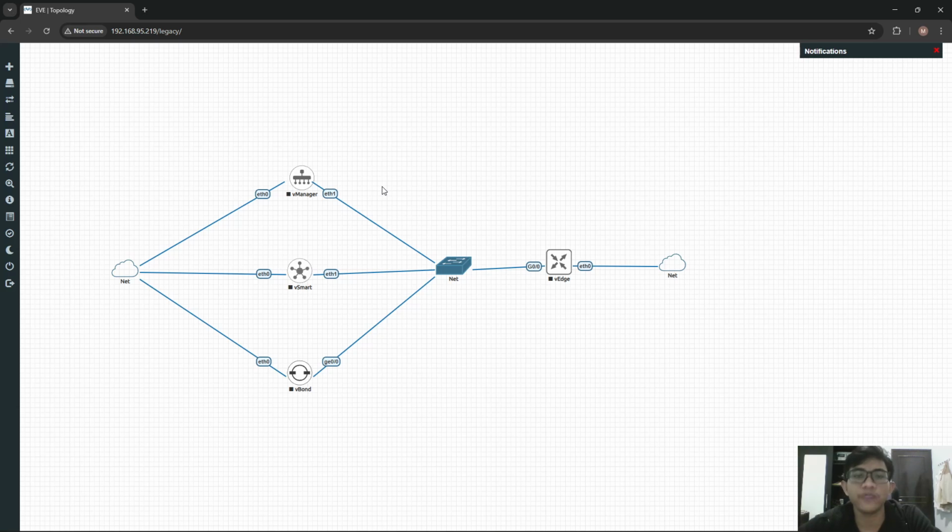The first is VPN 0. VPN 0 is used for the transport network. So in VPN 0, the vEdge contacts vBond. It uses VPN 0 because it comes from the internet or transport network. And the second is VPN 512.